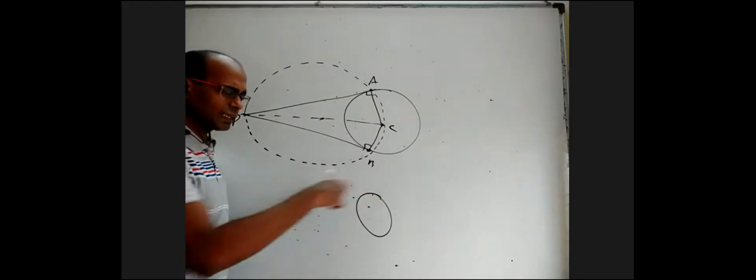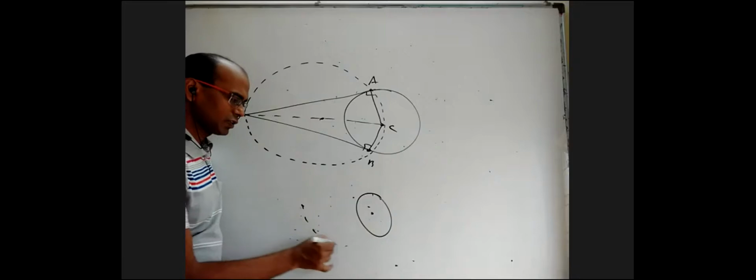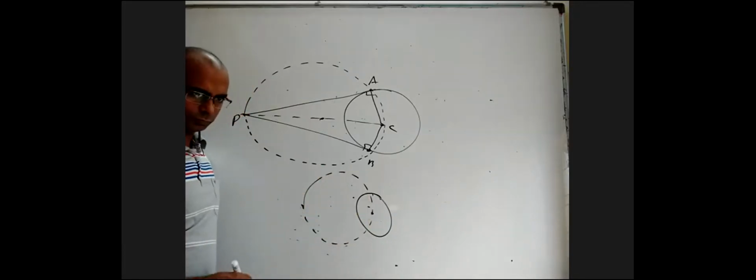So where is the center of that? Midpoint of this and this. If this is P, this is A, this is B, this is C, the midpoint of P and C is directly the center of the circle. Radius will be length of CP by 2. Or you simply take P and C as ends of diameter. If you remember in school level, in the geometrical constructions, when they give a circle and a point and ask you to construct tangents from here, use this property. You draw a circle with these two ends of diameter, there's a process for that.